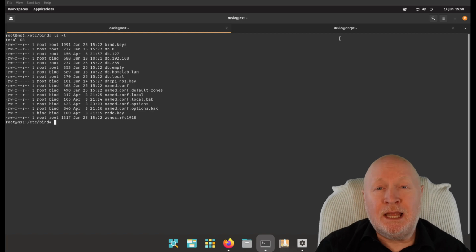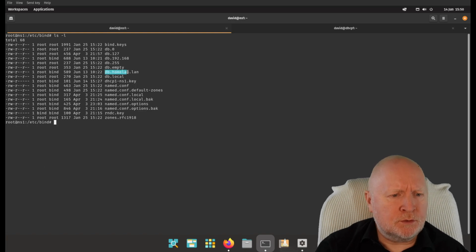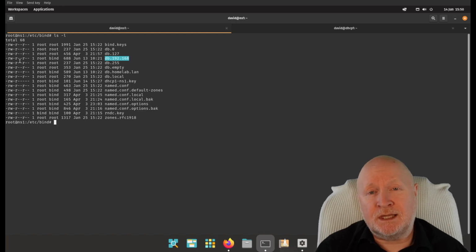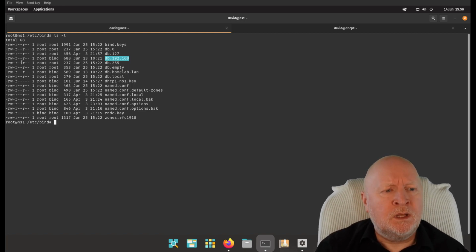Now, because we want to set up dynamic DNS, we're going to have to move our zone files. So I've got one forward lookup zone, which is db.homelab.lan, and a reverse lookup zone, db.192.168. But as you can see, root is the owner and has read-write access. Bind, the group, has read access, and that is deliberate. We don't want to run into a situation where the bind account or bind service gets compromised, and then somebody can then use that to make modifications to DNS,